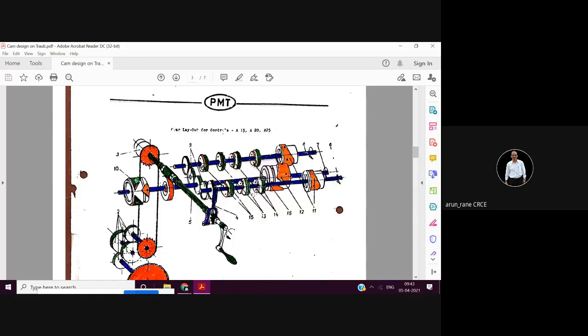So with the help of a longitudinal turning attachment, which I showed you, this cross slide is connected to this. As the shaft rotates, this cam rotates, the roller rotates, and there is a link which is connected to this cross slide, so that this cross slide will move in the longitudinal direction.